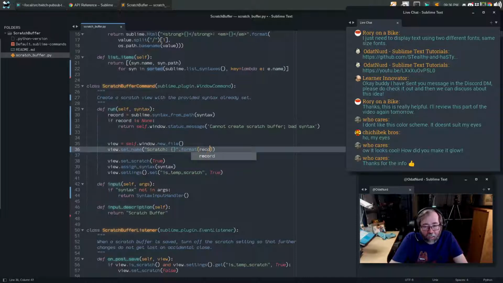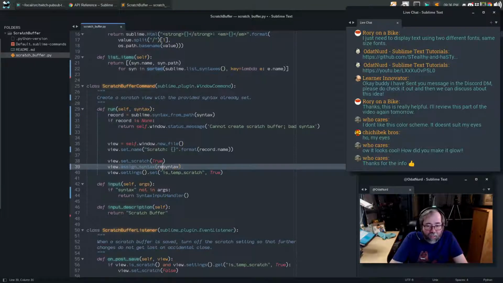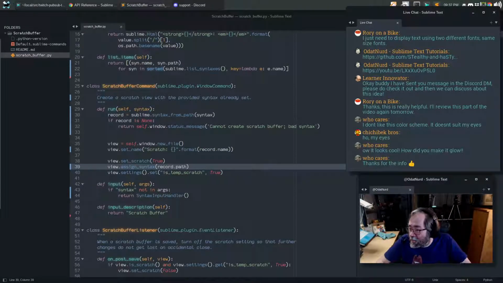Then this can be record name. And this can be record.path. Unfortunately, that syntax name is kind of funky as far as what we're actually trying to do here. Let's go ahead and add some stuff. Whoa, hang on a second. Click some buttons. Make some noise. There we go. All right, so